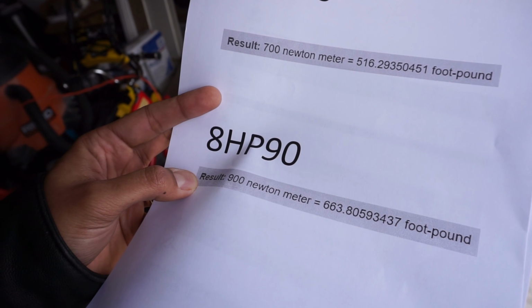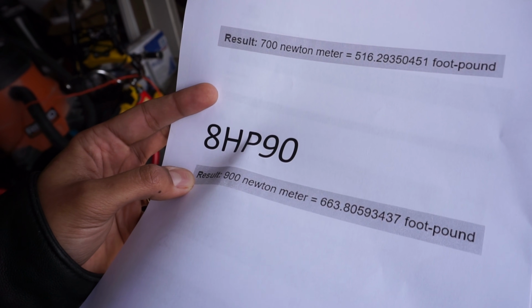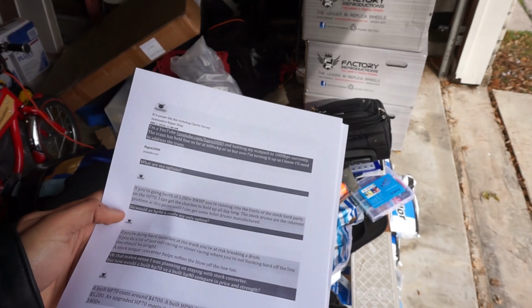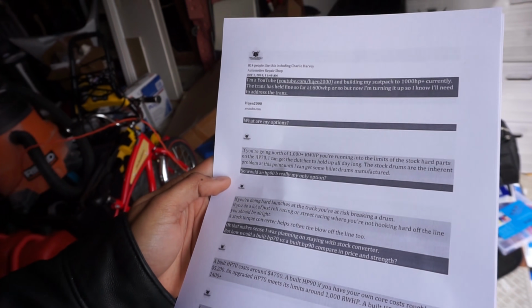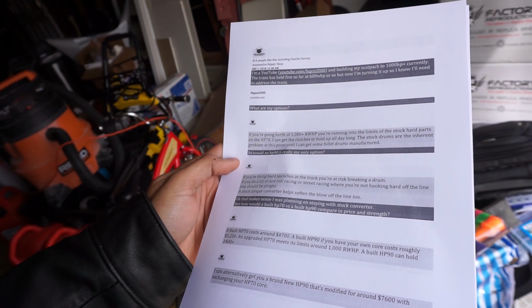Even the case size is slightly different. It's very, very slight though. It's like a couple inches, probably for a larger drum or something inside it. So this is just my chat log from my discussion with Hellraiser Performance, and I just told them that I'm